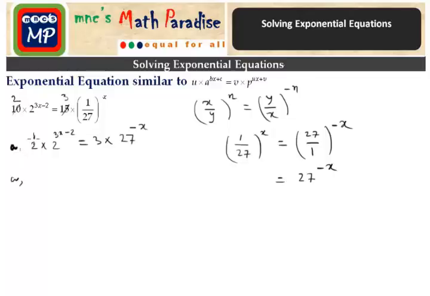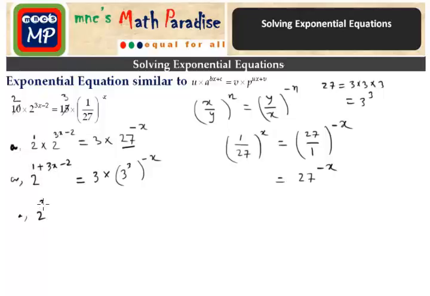Now here, 2 to the power 1 times 2 to the power 3x minus 2. This is the index multiplication law: these two powers will be added. So 1 plus 3x minus 2 equals 27^(-x), and 27 is 3 times 3 times 3, that means 3 cubed. So it is (3 cubed) to the power minus x. On the left, if we simplify, 1 minus 2 is minus 1, so we get 2^(3x-1) equals,